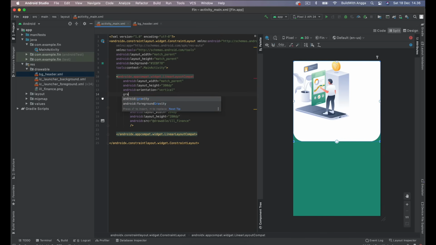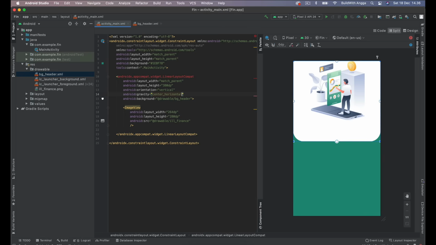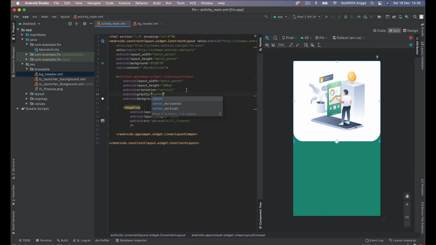And set up the gravity to the center, just center, so it goes in the middle like this. If you see this, notice that we haven't set up the constraint layout, so we just click on this.